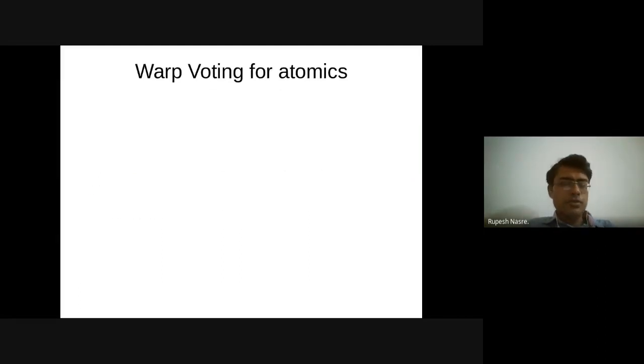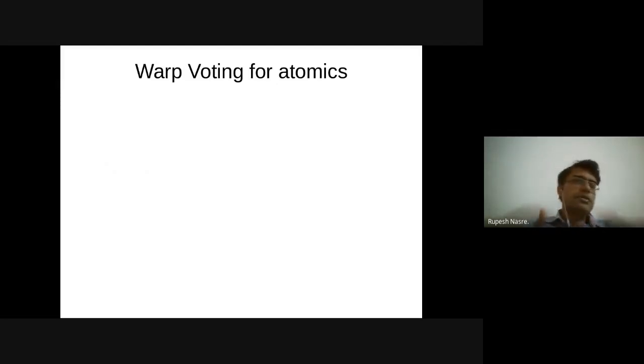Okay. So one of the usual optimizations that get done with respect to warp voting is to reduce synchronization or the cost of synchronization. And let's see how that can be done. Atomics turns out to be one of the very important places where the synchronization cost can get reduced.